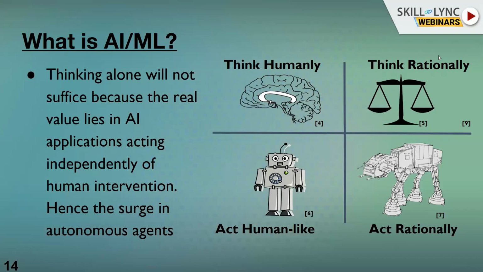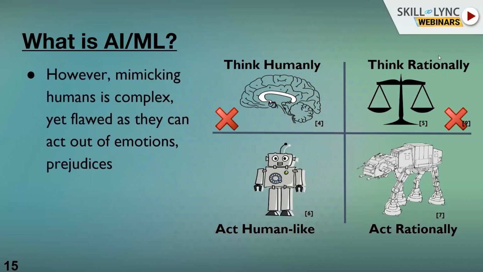Now, what is the use if it does all the thinking on behalf of you, but it is left to you to go and rescue the person? Is it really sufficient enough? It is not, isn't it? So that is the reason why thinking alone is not sufficient here. So intelligence is not just about thinking. It is also about acting, right? And therefore, artificial intelligence is not just about thinking. But then now, is it mimicking the human behavior? So that is the next question.